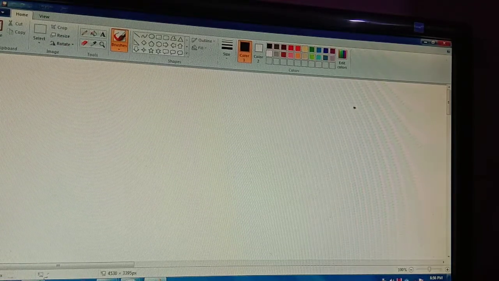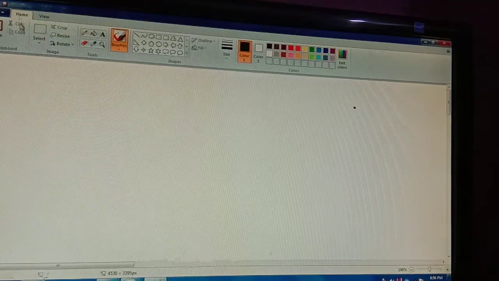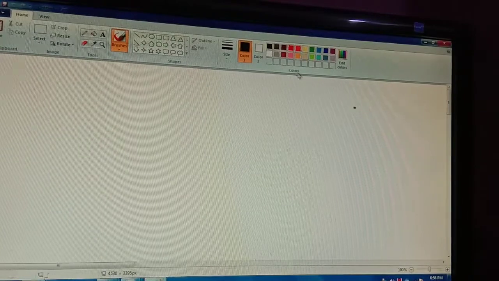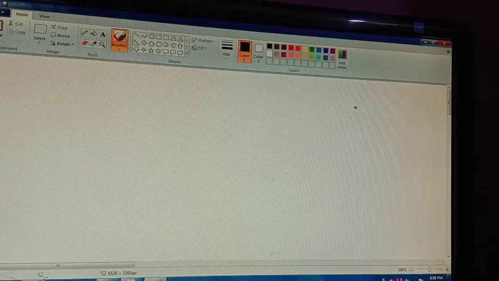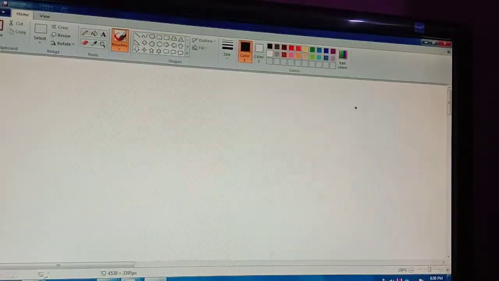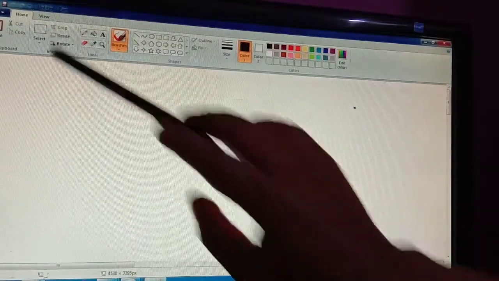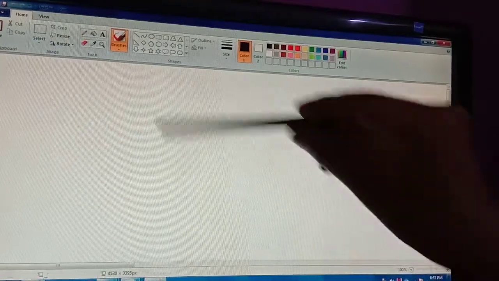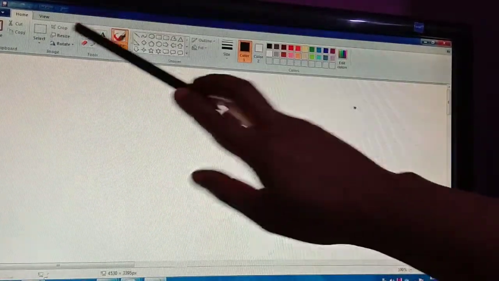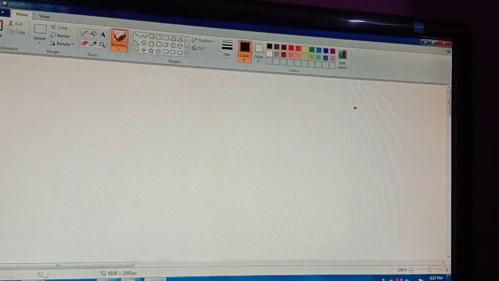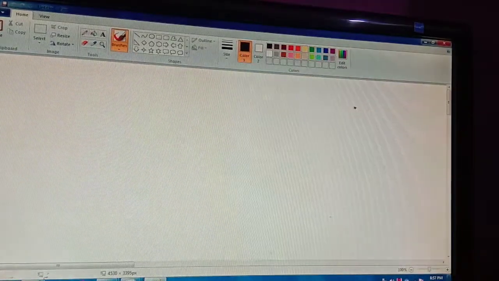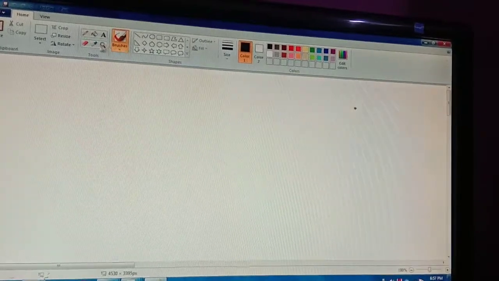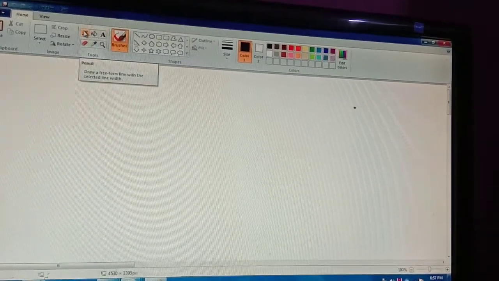Okay, so you can see home tab में ये groups हैं, different groups are there, group of tools are there. Okay, just like first is your clipboard. Okay, this is your image group, where there are the options, you can crop your drawing, you can resize your drawing, you can rotate your drawing. Okay, second group is tools group, where different tools are available for drawing, just like your pencil.